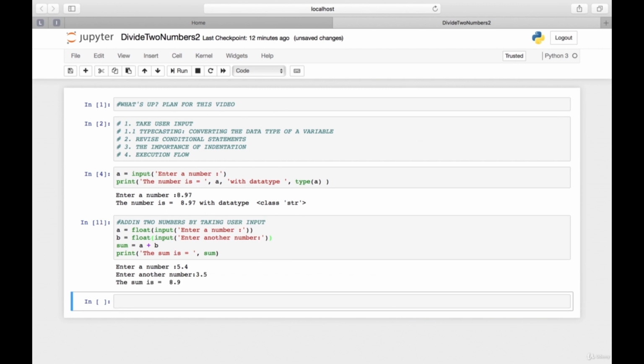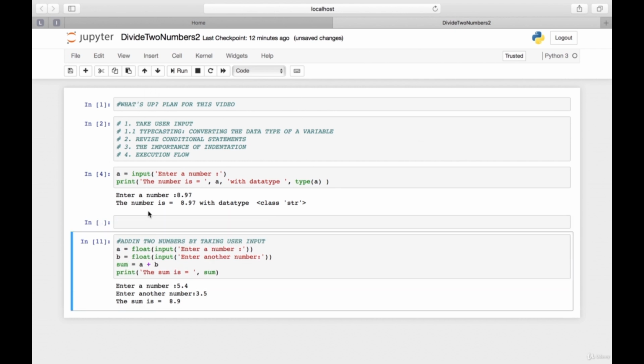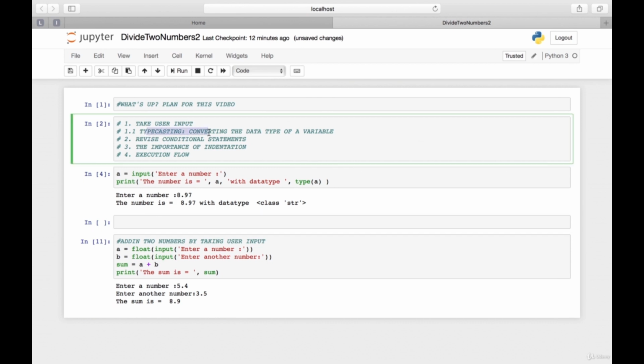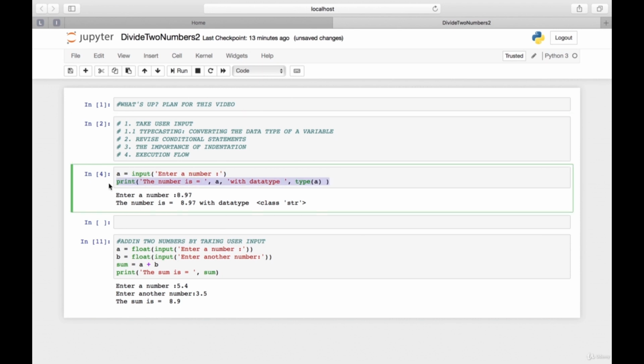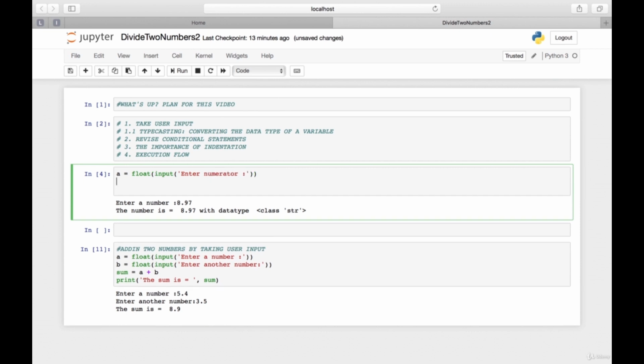And then you do something like this and you get the right result. So now with this knowledge about taking user input and typecasting, our aim now is to divide two numbers. And to do that, remember we need to use the conditional. So we take the user input, enter a number, let's say enter numerator. B is float, input, enter denominator,